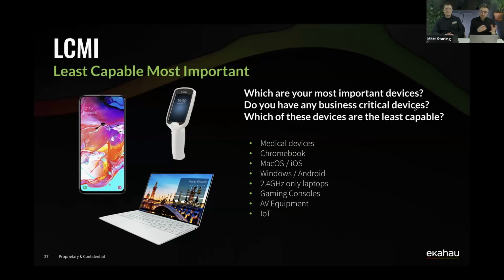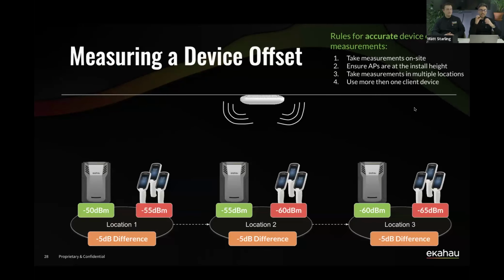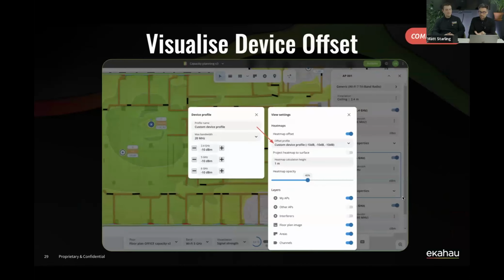So what you can do is grab that medical device, and I would set up an access point, or if you've already got an AP set up and configured, take the Sidekick and the device and go to some locations. I would ensure you are at least 4 or 5 meters away from the AP, record some measurements, go to a few different locations, and each time you can see there's roughly a 5 dB difference. Then you can go into Ekahau, and just like Vlad said, create a custom device profile and put in those custom offsets for your devices in your environment, so you can visualize the heat maps and make sure your network, your design or your validation, is right from the perspective of the client devices that you need.